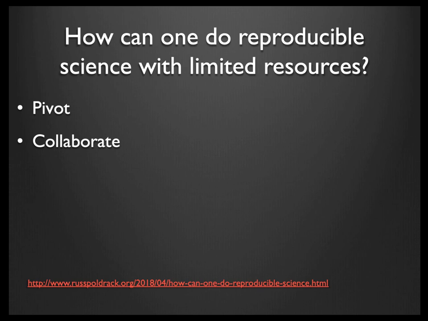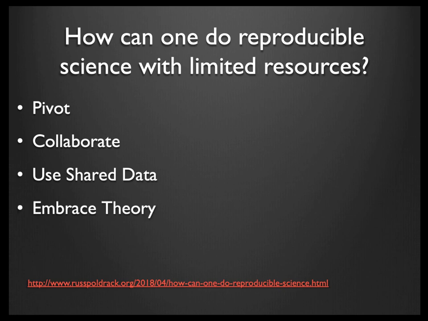Scientists can be introverts. A lot of times they would rather just maintain control and do their own thing, but the paper is basically arguing and gives several successful examples of collaborative science where you pool the data sets and find things that the original papers did not. You share data. I feel like we've hit that one pretty thoroughly.